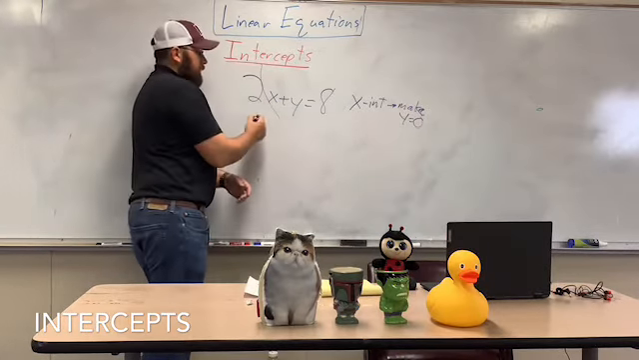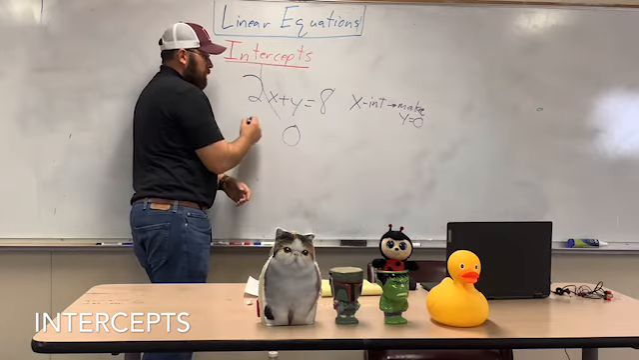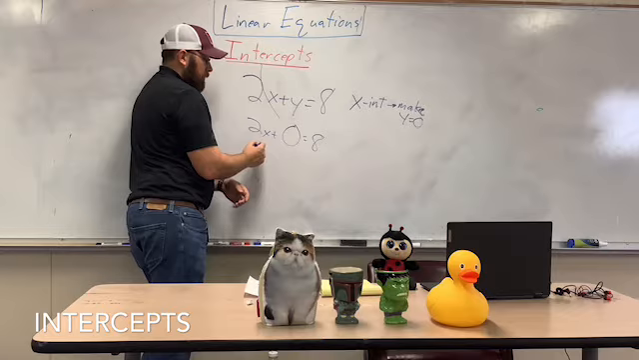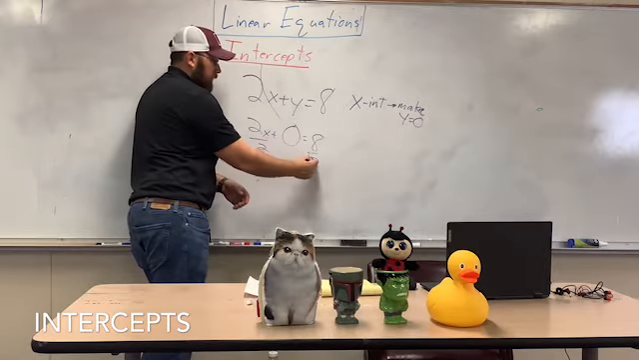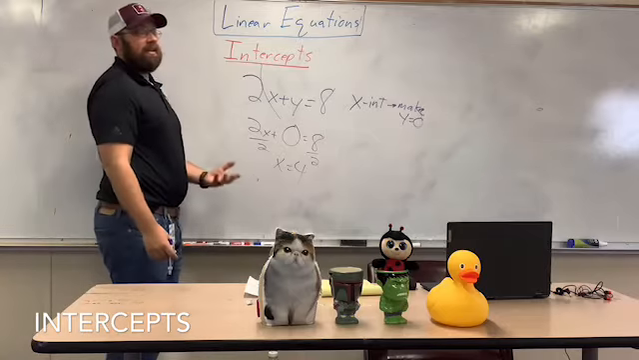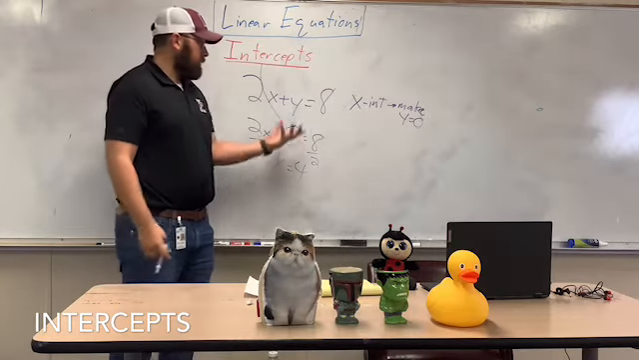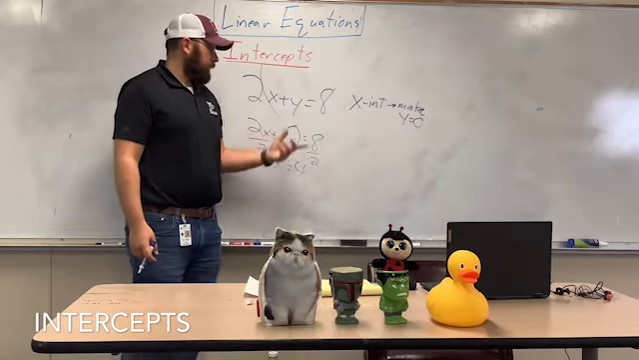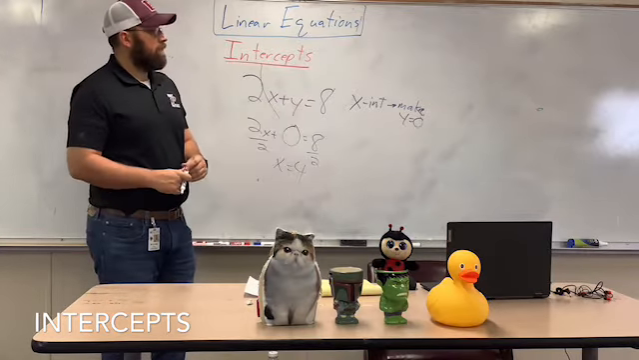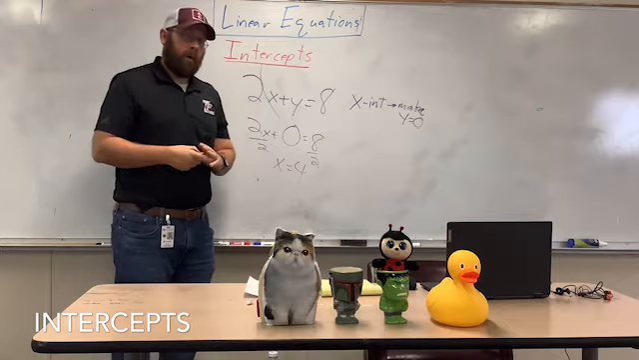So I plug in 0 for my y, and then I solve. Divide by 2, divide by 2, x equals 4. So my x-intercept for this problem is 4. So all you do is make y 0. So to find the x-intercept, you make y 0,